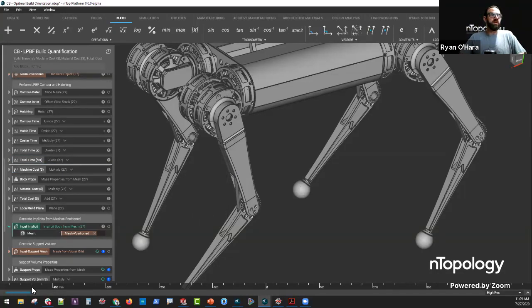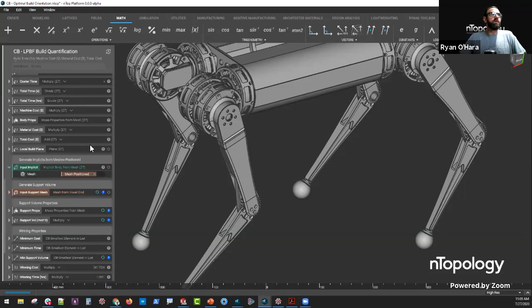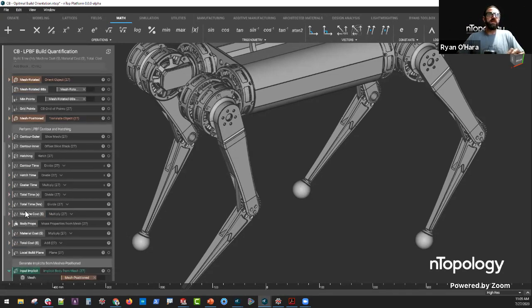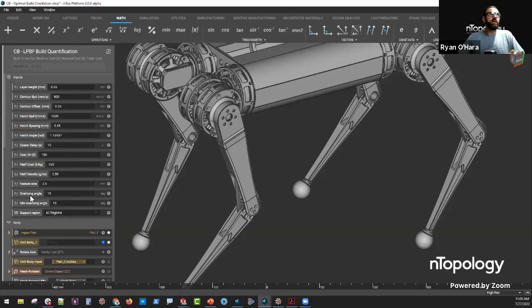Okay, so that's the total cost. In terms of cost, it is mainly determined by the time, right? And in this case, the way I've set up this algorithm is that it's going to look at an input cost associated with machine time, right? And so in this case, I put a cost of $150 per hour, and that's how we're computing the cost